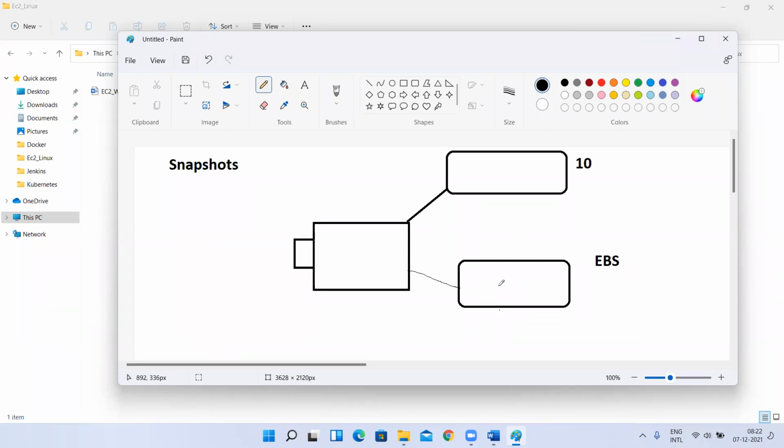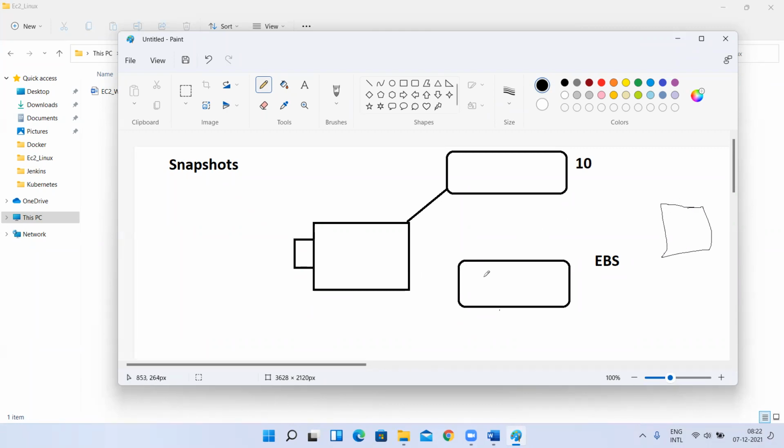One more point before going to snapshots, let me tell that point. I was about to tell it and then I forgot. For example, I have an EBS volume. This is not snapshots, I'm continuing with the volumes only. One point I missed, so let me tell that.